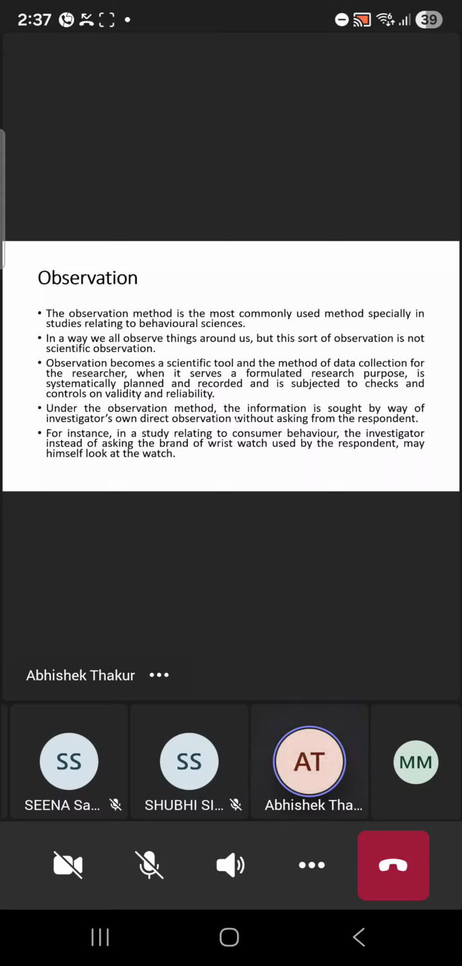Next one is observation. Observation is a part of data collection, and this is part of primary data collection. Observation means the researcher watches and records what is happening without asking the people. For example, instead of asking what watch do you wear, this is part of observation, and the researcher just looks at the